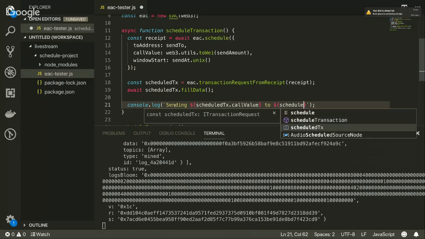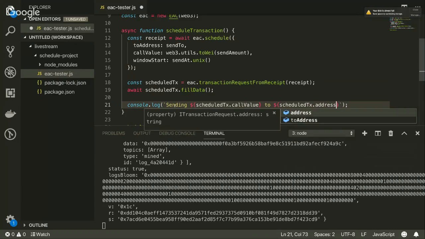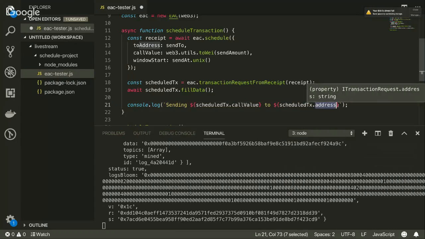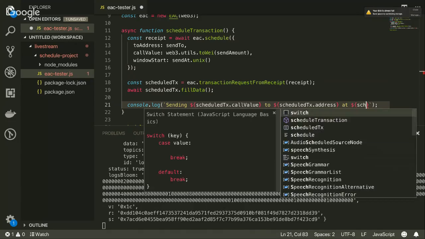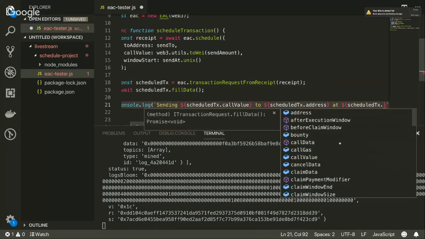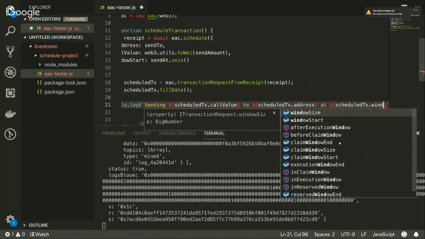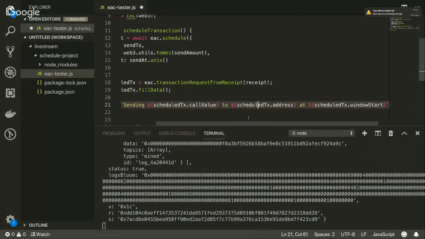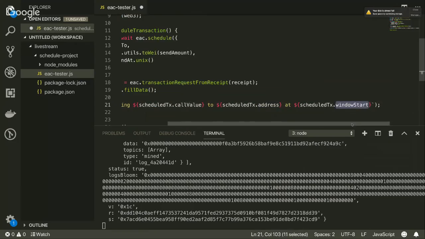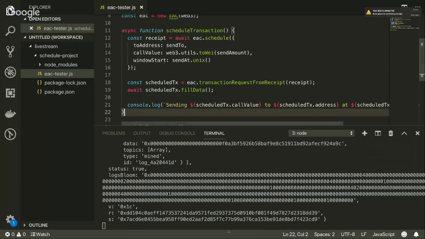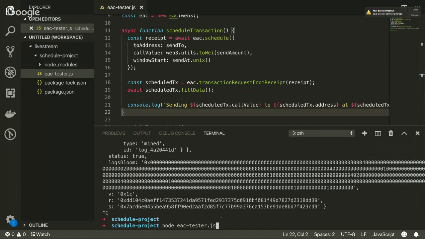Sending our amount to, and let's do another scheduled transaction dot address. So this is the address that we are sending it to, and we'll put a time also at scheduledTransaction.windowStart. Okay, so let's put something like this: basically sending value to address at a specific time. So if we save this and run our script again,